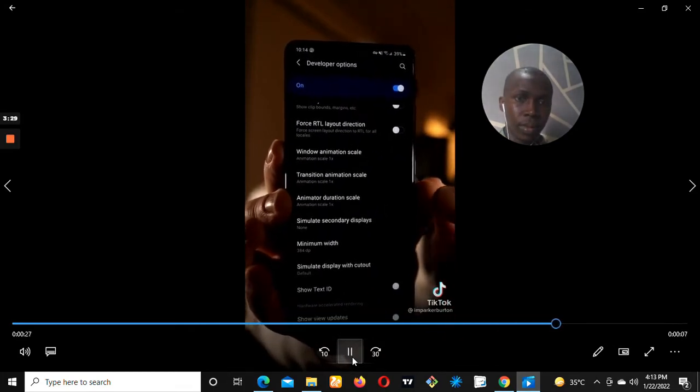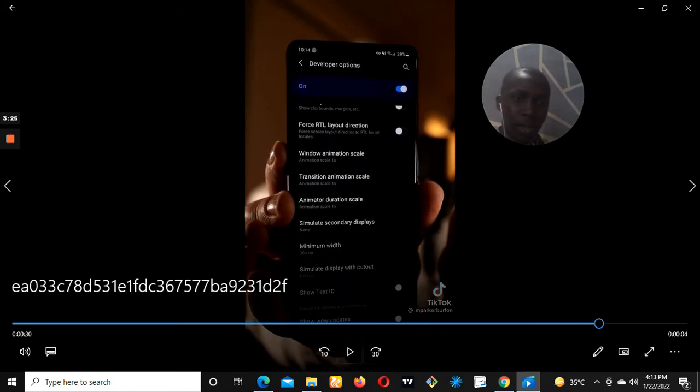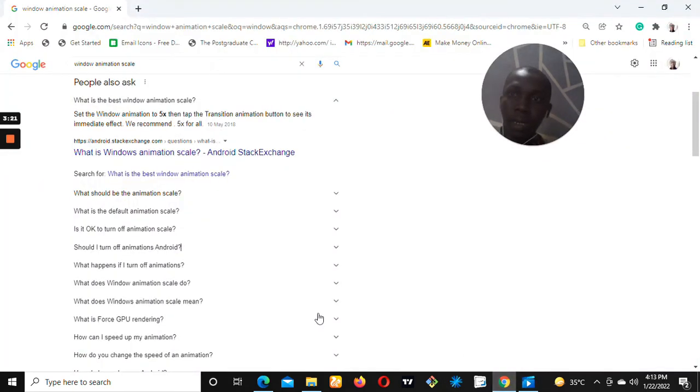Just change them all to 0.5x and your phone will feel way smoother. Okay, I'll be taking you here. As you can see, when you get to that spot that you place your build number so many times to go to developer option,